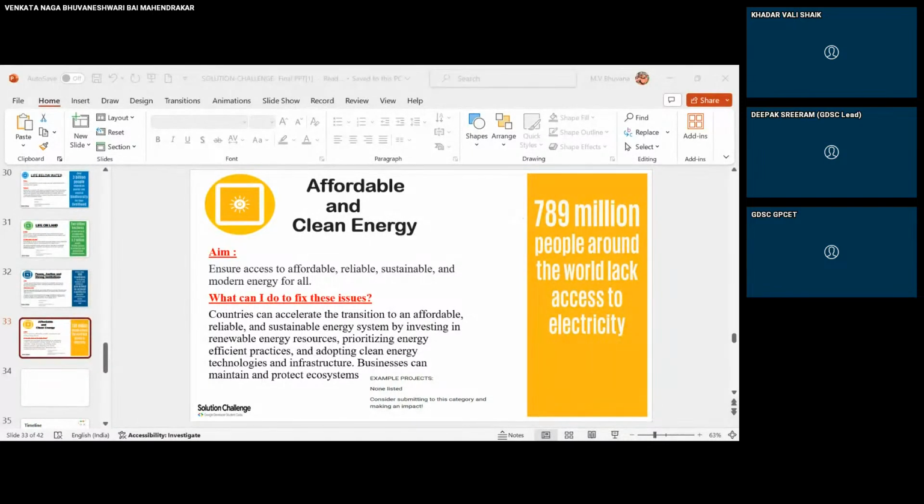Under what theme can we keep this project? You'll be having some idea, right? Yeah, but I am also searching for that only. But you have selected this on the basis of the solution challenge, or is it a separate project? We have been selected as a separate project, which comes under AI, Google Technology, AI, and